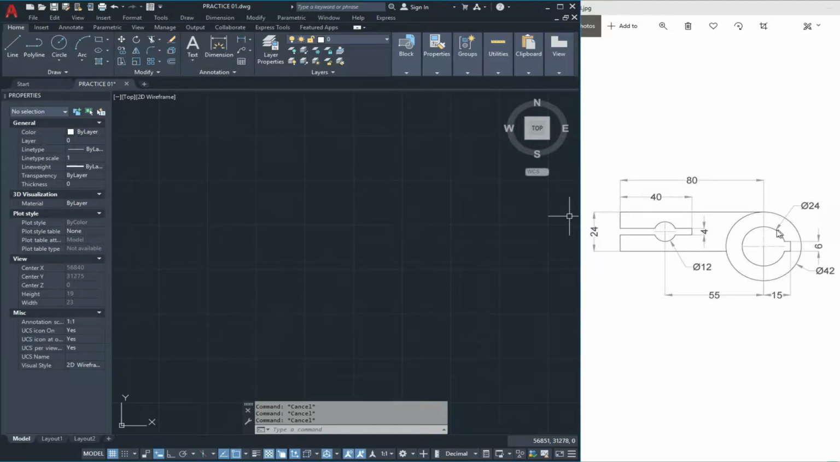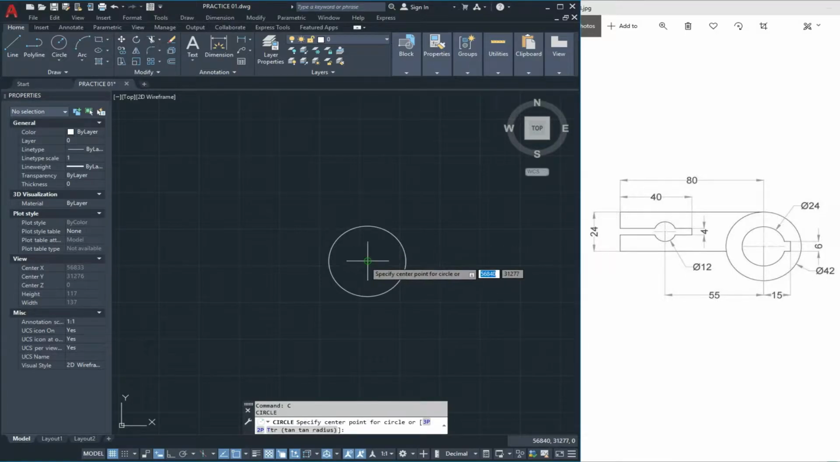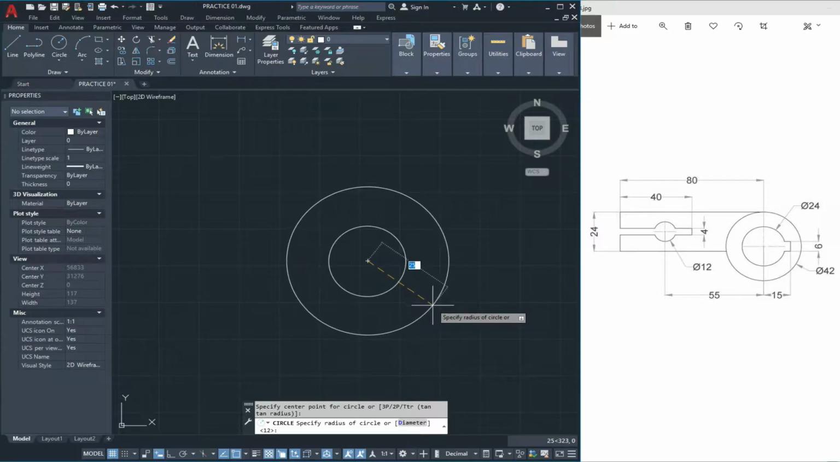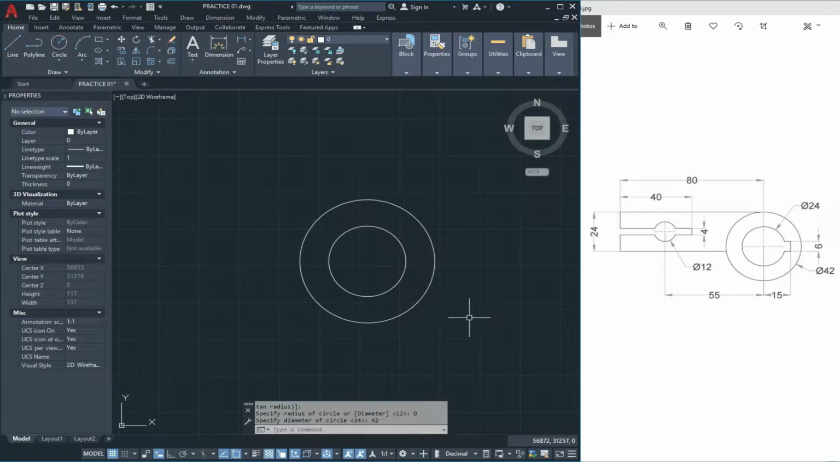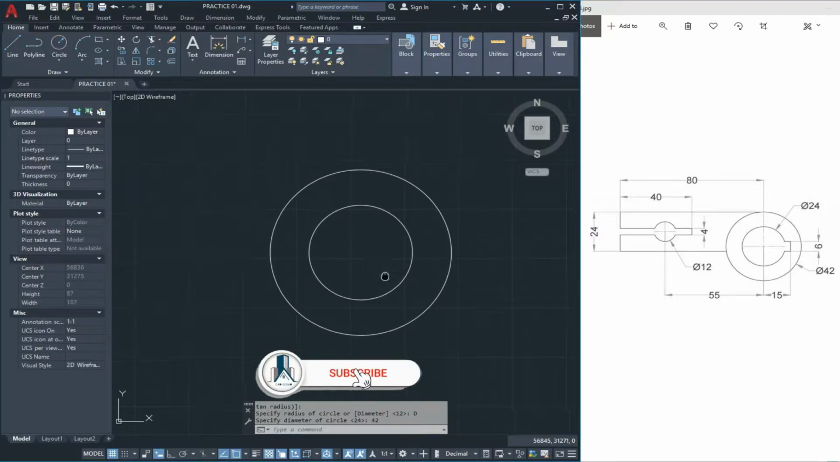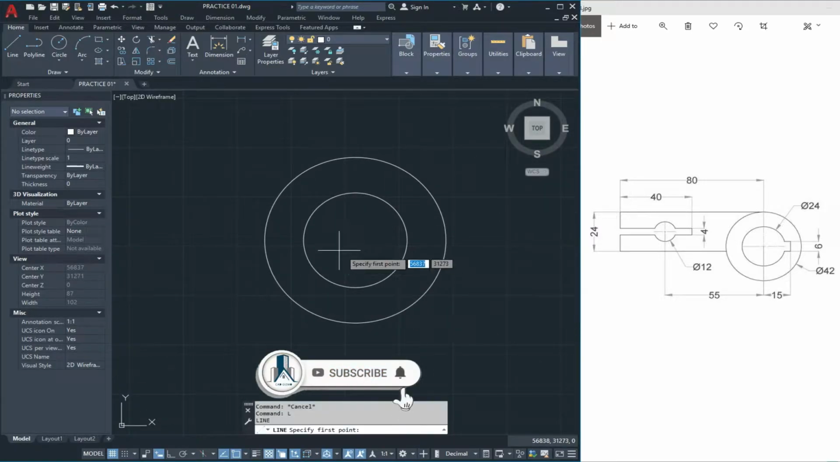And friends, first we draw this circle which has the diameter of 24 units. Now we draw the outer circle with the diameter of 42 units. Type C for circle, pick a point, type D for diameter and give the value 42 units like this, and we draw a line here